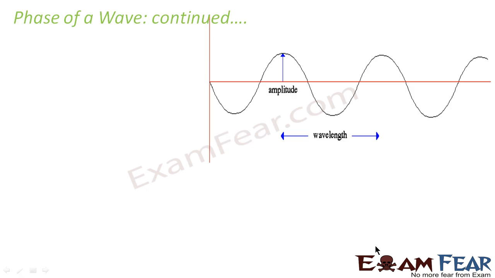Let us suppose I ask you, if two points are not in phase, by how much is this point out of phase? So how do you know that? Let us consider one cycle. What do you mean by one cycle in a wave? One cycle is nothing but if you start from point A to point B. Point A to point B is one cycle. After that, the same cycle gets repeated and so on.